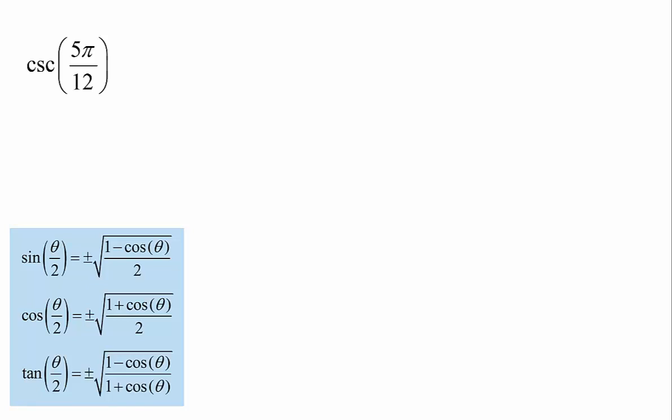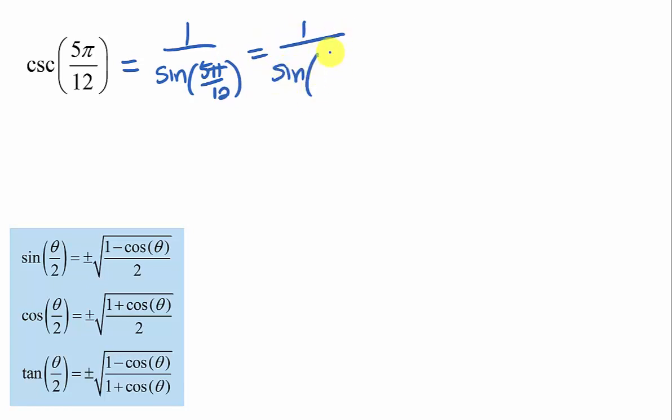We are going to find the exact value for the cosecant of 5 pi 12ths. We're going to use a half angle formula, but we don't have a half angle formula for cosecant, so I'm going to use a reciprocal identity and express this as 1 over the sine of 5 pi 12ths. Then I'm going to express that as a half angle, and so that's going to be 5 pi 6 divided